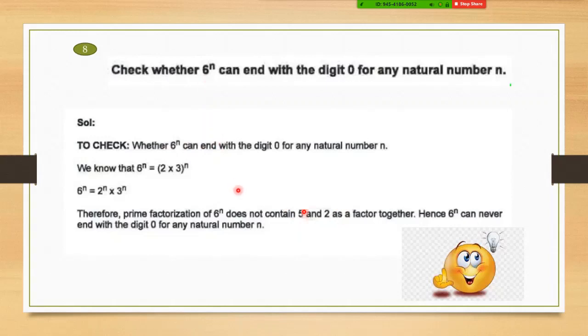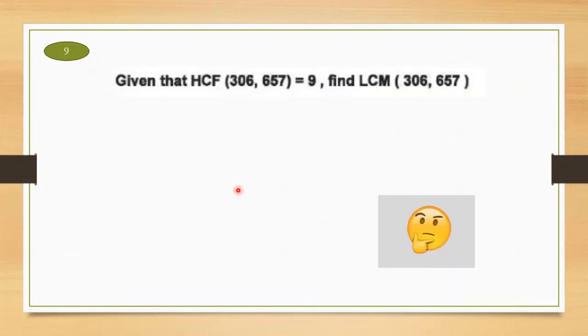Write in short, everybody. As soon as a sum is given to you, check the prime factors. If 2 is there and 5 is also there, then some number will have 0 as its last digit. You're done. Can we determine how many? No, we cannot at this stage. You have to get the value of n for that. Shall I proceed?